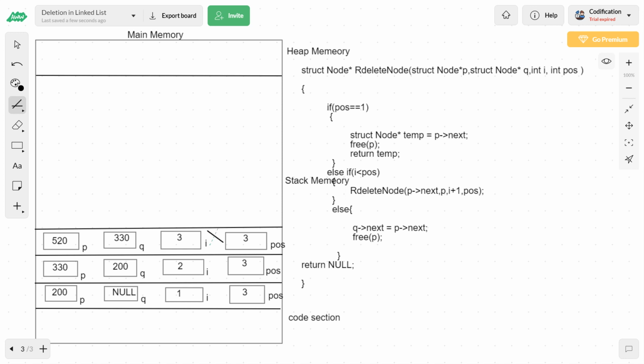So this activation area is deleted, and we enter into the next activation area. I think we have been executing up to this line, delete node. After that there is no other line inside else if. So we come out of the total if, else if, else block. Return null will be executed, which means this activation record is deleted. Similarly, the next activation record also will get deleted, and the total execution is completed and stopped.